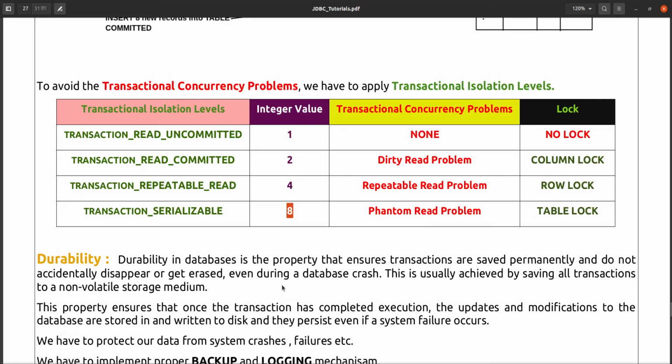That represents the isolation level which one you want to apply. And one more thing, it is not compulsory, it depends on what type of isolation level your database is supporting. Not all databases support all the transactional isolation levels. It varies by database, so you have to check whether your database is supporting it or not.